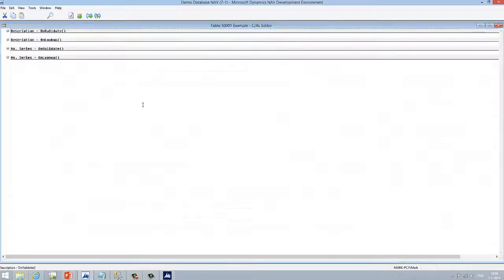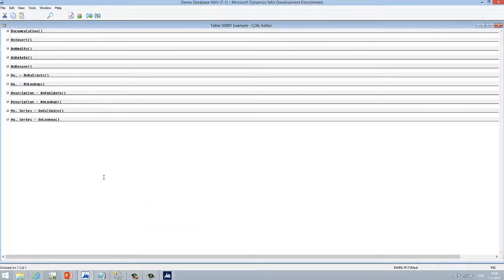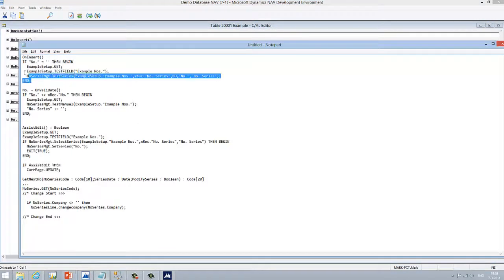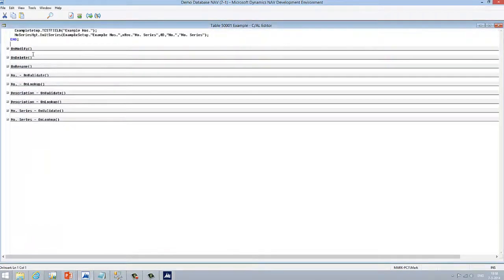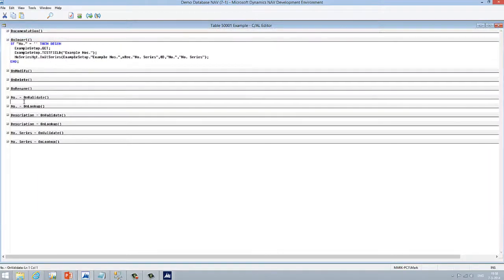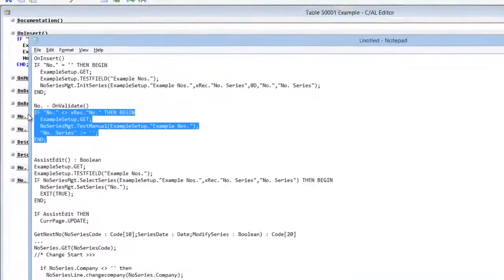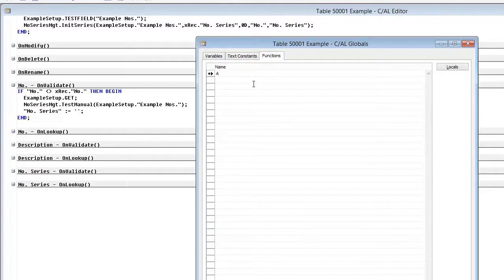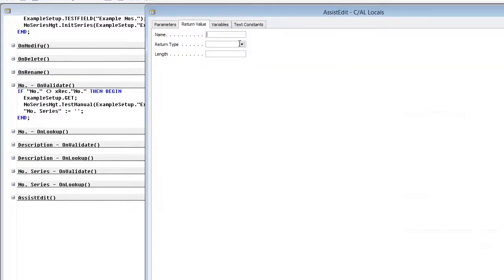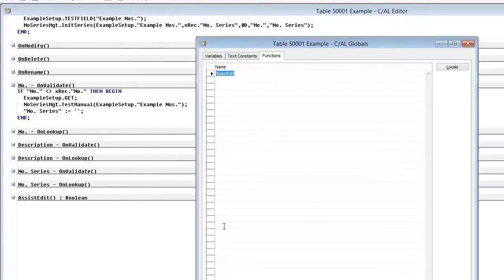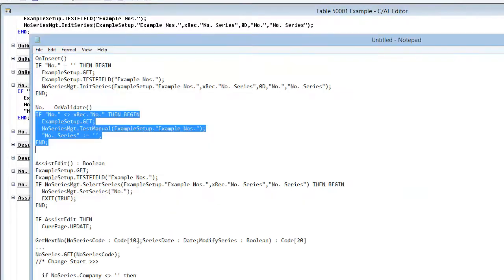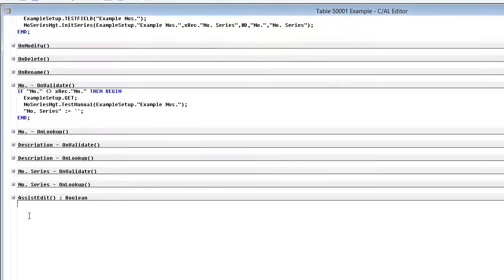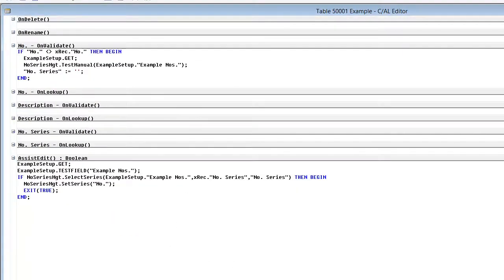For this video, I have already prepared the code snippets that are necessary across the different areas of the table. The first area is the onInsert trigger that creates the number when a new record is inserted in the database. The second area is the number field, where if a user enters a manual number, it is checked against the setup. And last but not least, we will create the assistEdit function that always has a return value of type boolean,